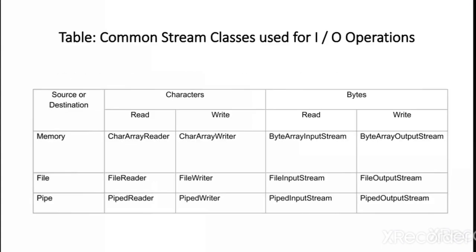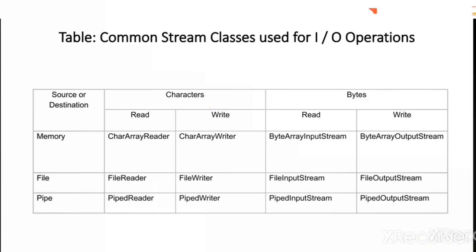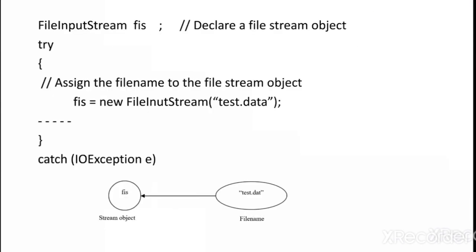These are the common stream classes used for carrying out input-output operations. As we have discussed, there are two types of stream classes, that is character stream class and byte stream class, to carry out input-output operations at the character level and at the byte level. Using the methods available under the character stream class and byte stream class, we commonly perform input-output operations on files. There are two ways of initializing the file stream object. All the constructors require that we must provide the name of the file either directly or indirectly by giving a file object that has already been assigned a file name.